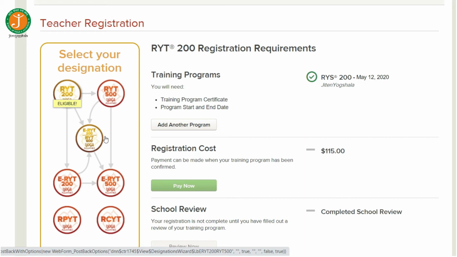Now regarding the ERYT, it is known as Experienced Registered Yoga Teacher. After a certain period and experience, I think after 2 years, the Yoga Alliance will automatically upgrade you for this course, like for this ERYT.